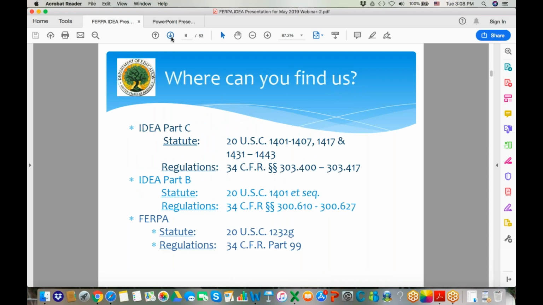So these are where the three statutes are located, and the citations are here if you need to refer back to this. As I mentioned, FERPA is the oldest, and after IDEA was enacted, the Secretary of the U.S. Department of Education under Section 617 of IDEA was directed to identify and implement regulations that would be consistent with FERPA. So we try to read the statutes consistently, but we also recognize that there are differences, and we're going to talk about some of those differences today. Next slide, please.